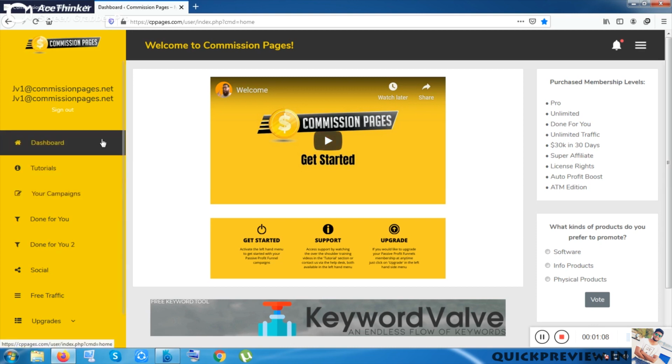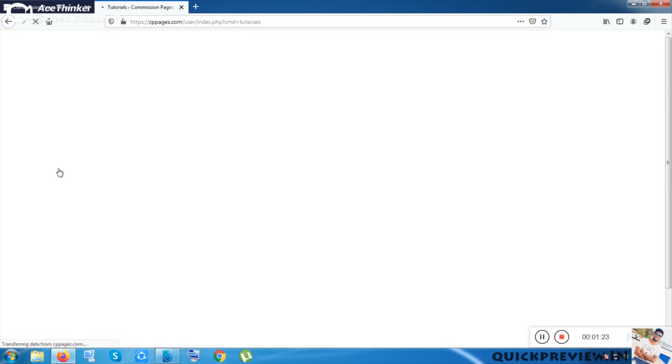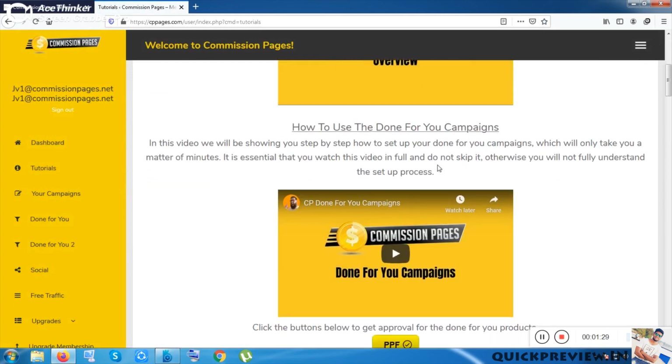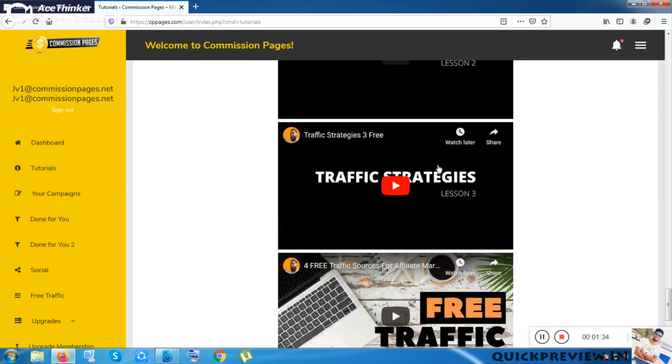You can see this is the dashboard section, and there is not much to show you here. But after purchasing this software, I highly recommend you go through the tutorials, because they have given so many valuable videos in the tutorial section. Let me show you, they have given so many videos, and you should go through them.